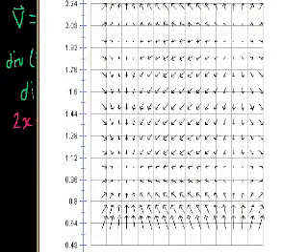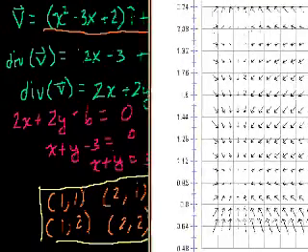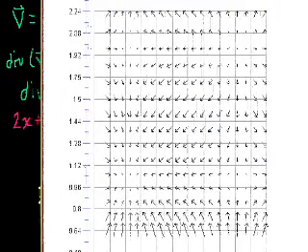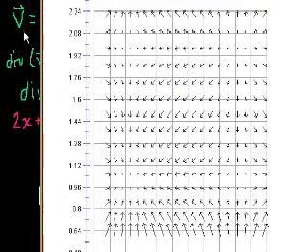I hope you can see this. So this is the vector field. I don't have space to show it, but I think you remember this is x squared minus 3x plus 2. This is the definition of our vector field. Have it graphed here, and we just figured out when the x components and the y components are equal to